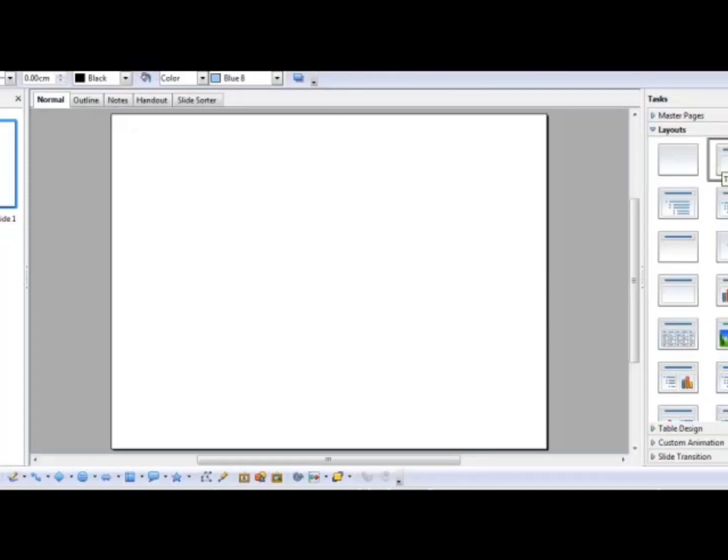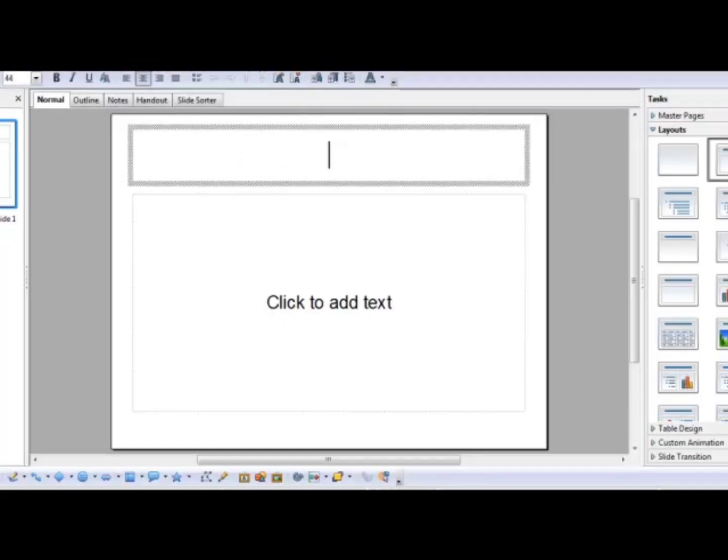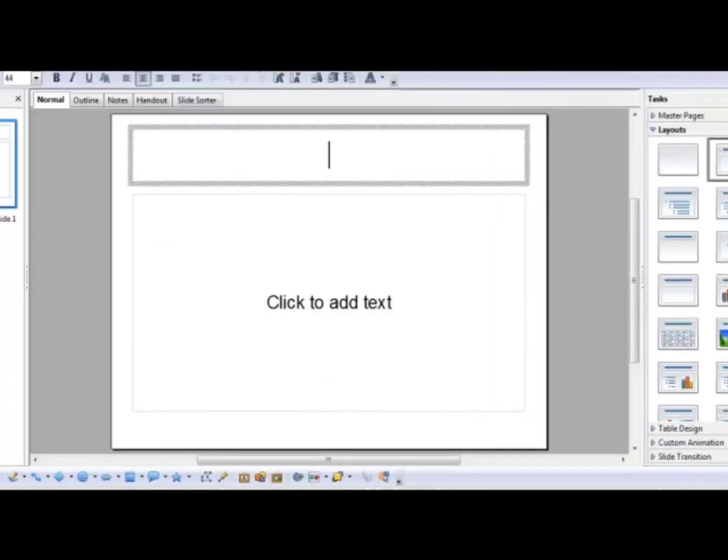And for the layouts, we want to start with the title slide. And here it says click to add title. So for the title, we're going to use a keyword. In Notepad earlier, you should have collected a list of good keywords to use after doing your keyword research. Right now I've only got one, but you should have a list of about 10 or 20, or just for every video you're going to make. So my title is Muscle Nutrition,